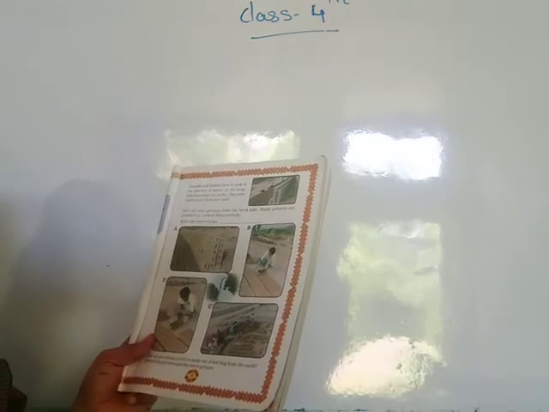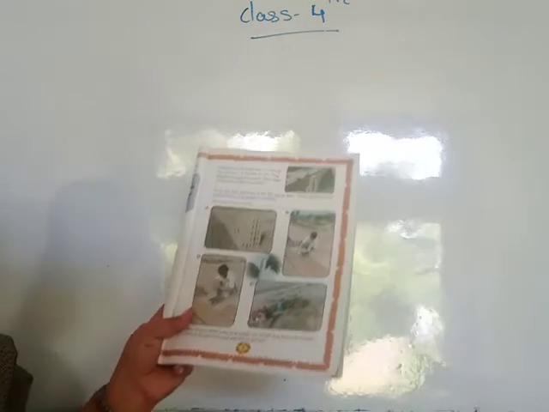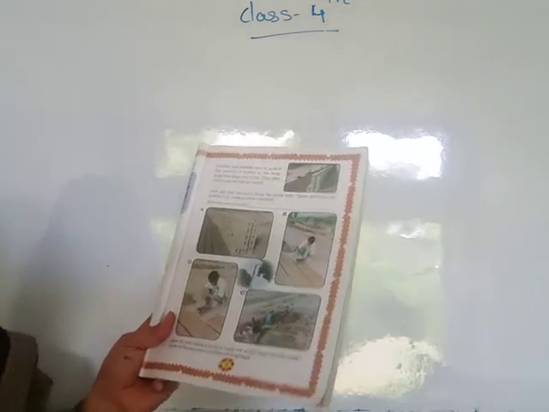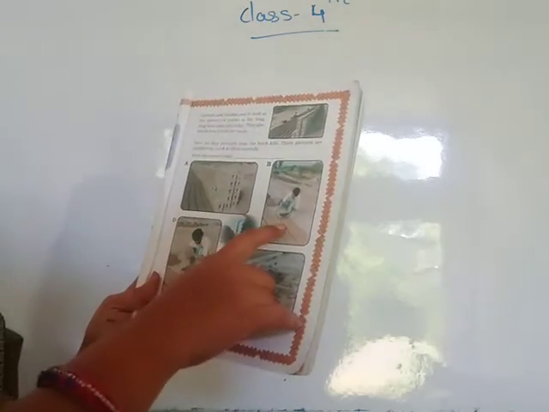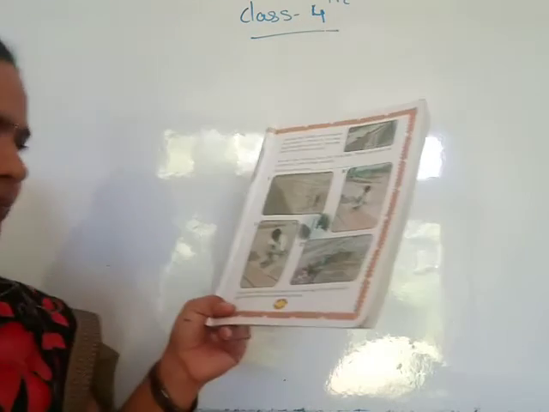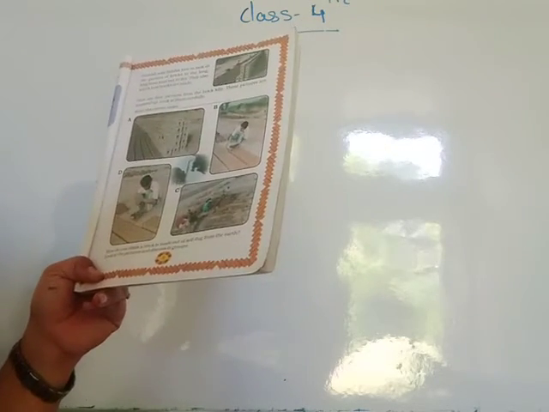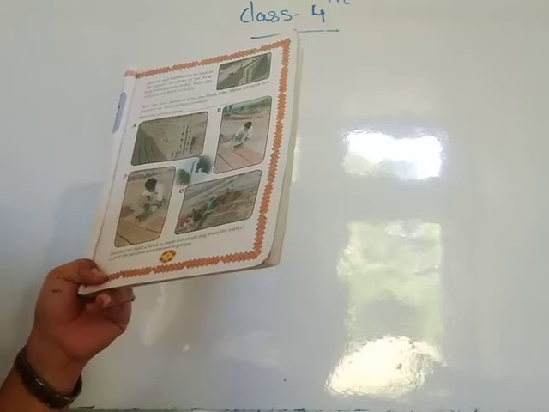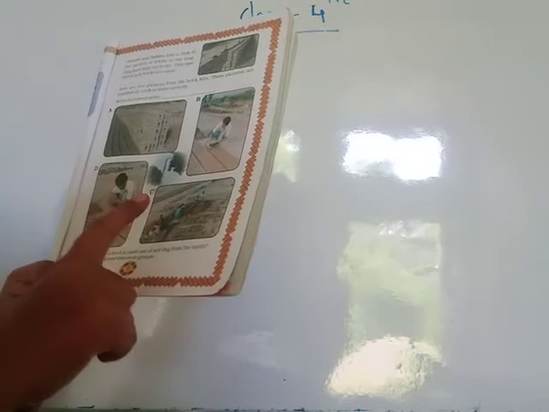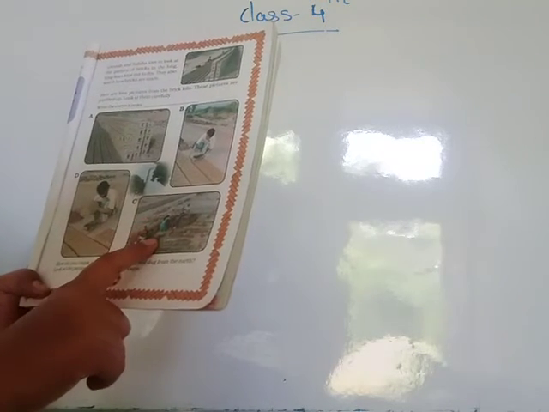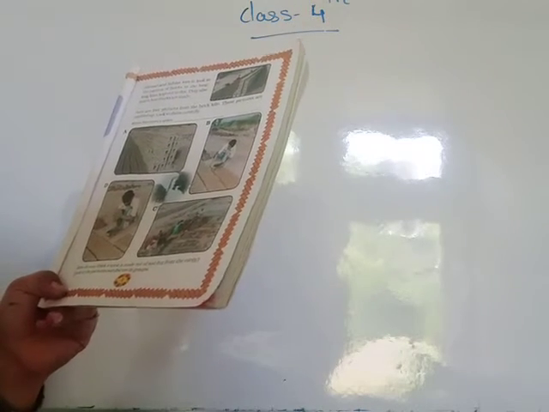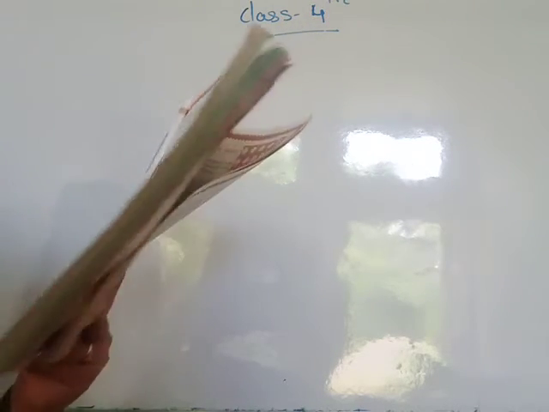Here are 4 patterns from the brick lane, and these pictures are jumbled up. Look at them carefully. You see these 4 brick patterns: first, second, third and fourth. How do you think a brick is made from soil dug from the earth? You see in this picture how a brick is made using soil dug from the earth. Look at the picture.